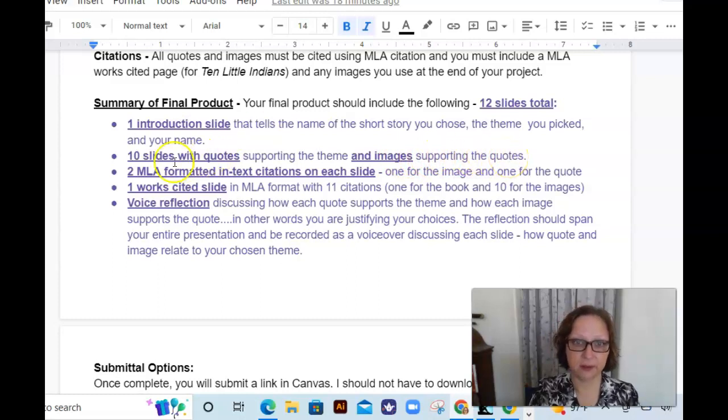Then on each slide, you're going to have 2 MLA formatted in-text citations. One will be for the image and one will be for your quote. So each slide will have a citation for the quote and a citation for the image. Once you have finished your 10 slides with your quotes, you're going to create one slide that is your works cited using MLA format. So you're going to have 11 citations in total, 1 for the book. For the quotes, you're going to have 1 citation for our book. They all come from the same source. And then we're going to have 10 citations